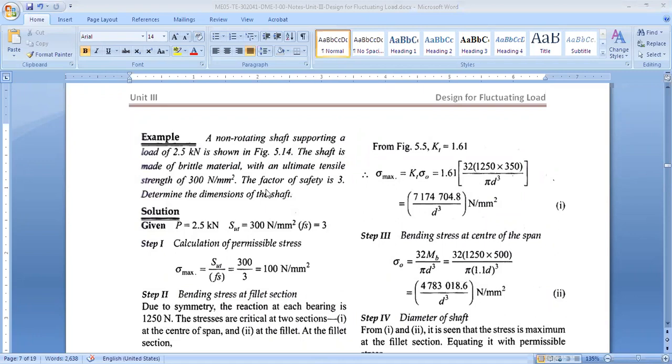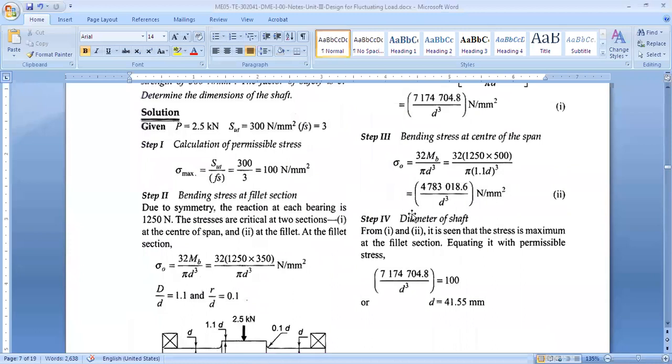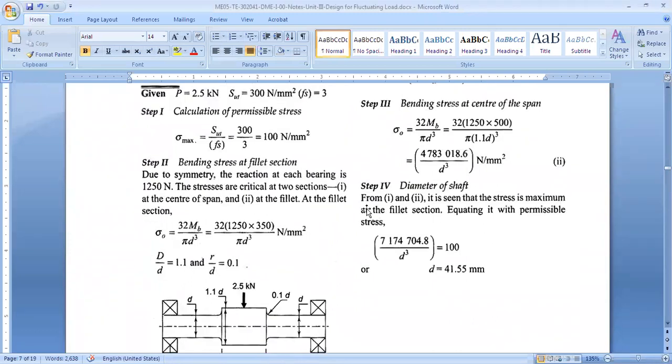So we have a shaft which has a load of 2.5 kilonewton. Here the shaft is shown; the load of 2.5 kilonewton acts at the center. I am not taking this numerical on the blackboard because it will not take more than 5 minutes to solve, and I would like to go ahead with the basic theory of the next part. If it is a proper numerical from the exam, I will take it properly on the blackboard, so don't worry about that. This is a very small example, but I wanted you to have a feel of what stress concentration factor is and how to read the graph.